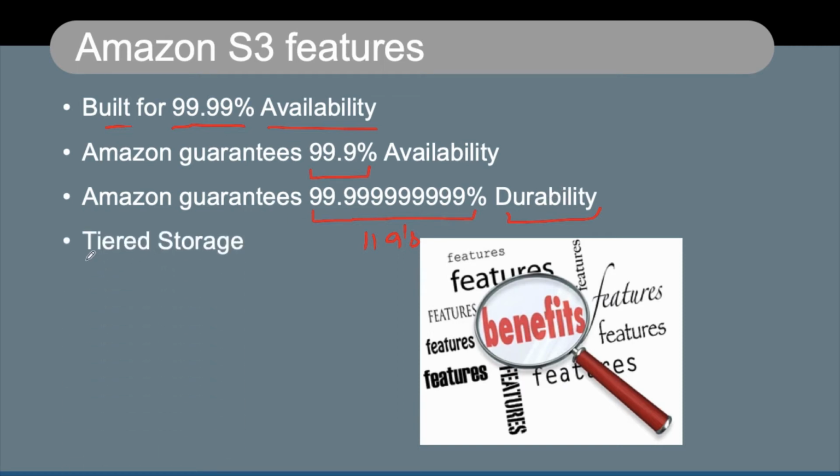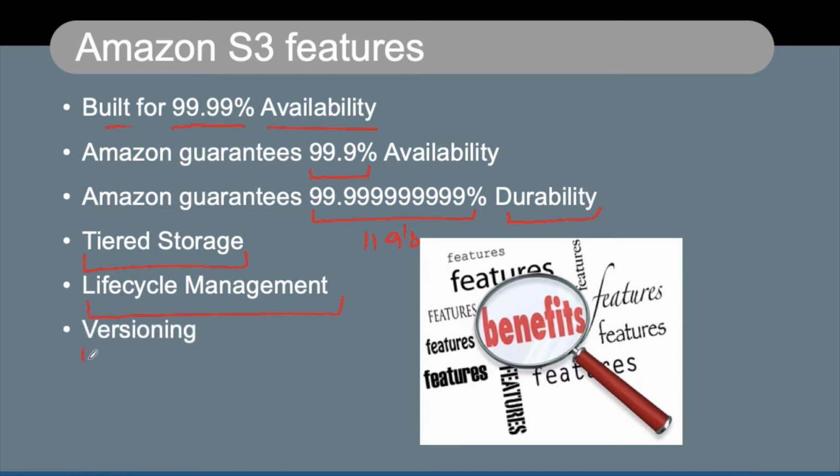It comes with something called tiered storage. What is tiered storage? We'll talk about it in the next couple of slides. But tiered storage means you can have different storage tiers where you can store your data to reduce your cost and based on how you access your data. Lifecycle management: whenever you have some lifecycle, you can move your data from one type of storage to another type of storage, and you can reduce your cost, and after a certain period of time you can also delete this data from your storage.